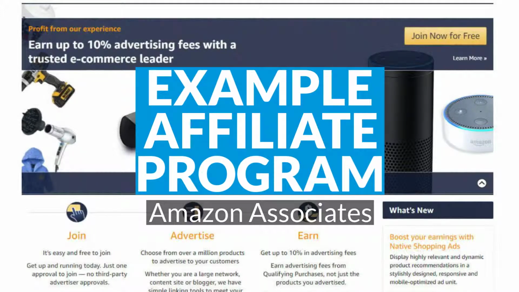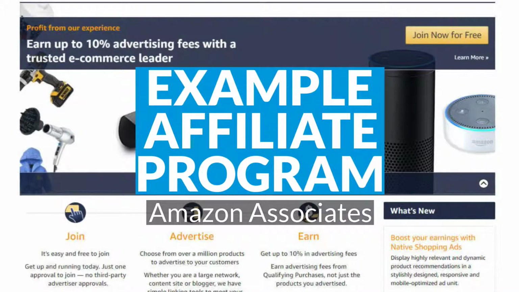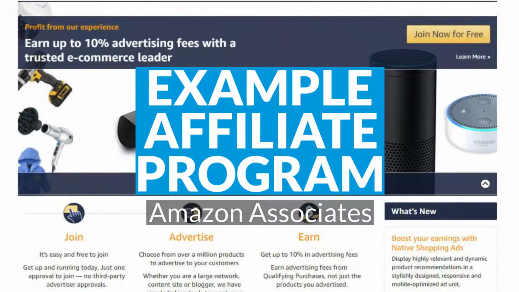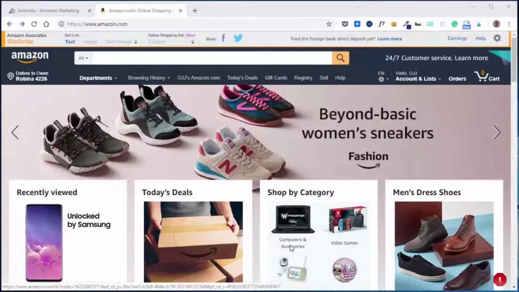The first one's going to be the Amazon Associates affiliate program. So most people are familiar with Amazon. They're one of the biggest companies in the world, and the affiliate program is really easy to join. Secondly, we're going to show a more lucrative example of how you can generate recurring income from one affiliate link to a subscription-based service. Okay guys, so I've logged into my Amazon Associates affiliate program, and the first thing you